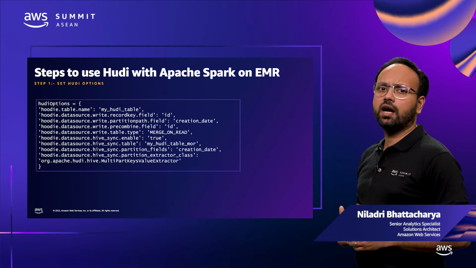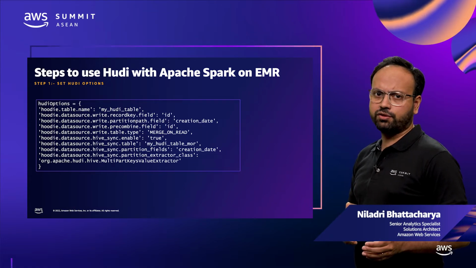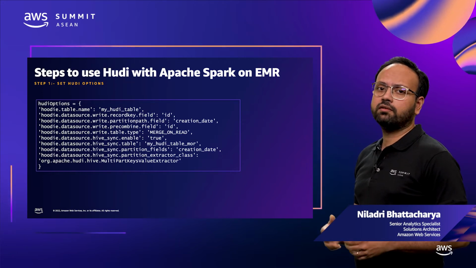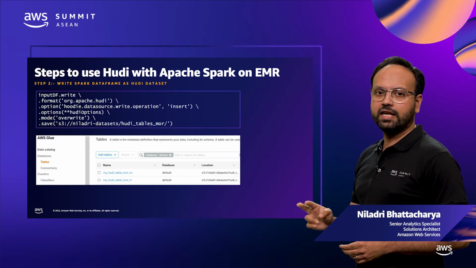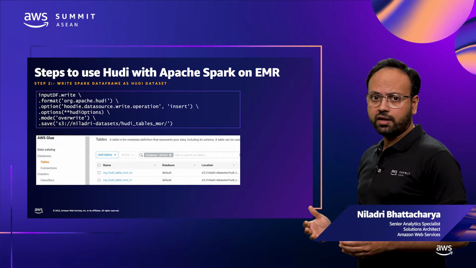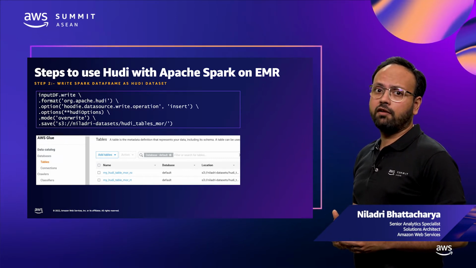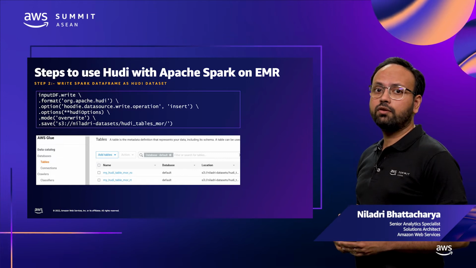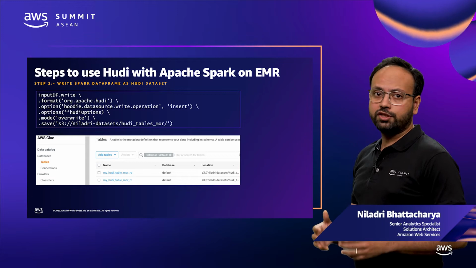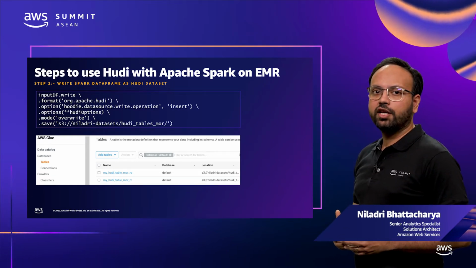Other options you see are mostly related to registering the HUDI dataset table in your metastore, which could be a self-managed Hive metastore or even Glue data catalog. Step 2, write your Apache Spark data frame. For Spark users, this would be familiar. And additionally, you mention format to be HUDI and include the HUDI options that you have defined in the previous step. Once you write your data frame to S3, if you are using Glue catalog, you should be able to